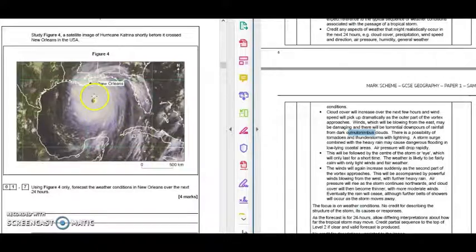You can also say, obviously, in 24 hours, this is likely to pass. We know hurricanes lose their energy as they hit land. So you could say that the weather then starts to calm down, the level of cloud cover then also reduces. And finally, maybe you could talk about the air pressure as well, because before the hurricane, you're probably going to